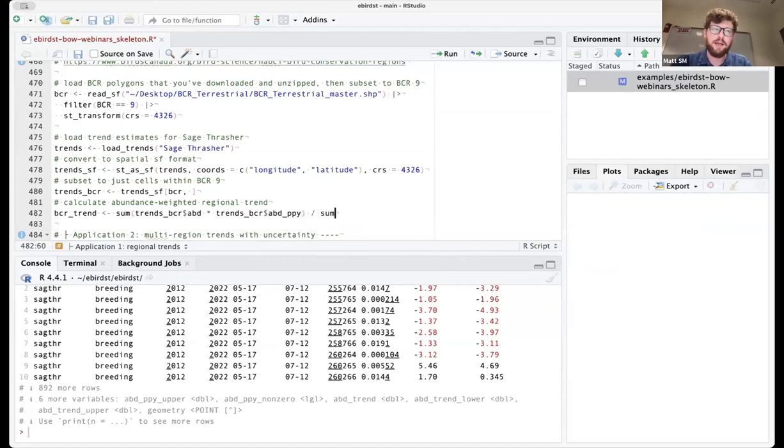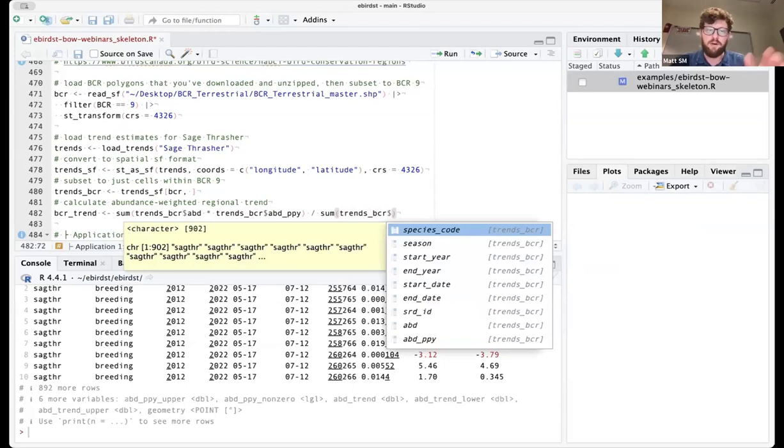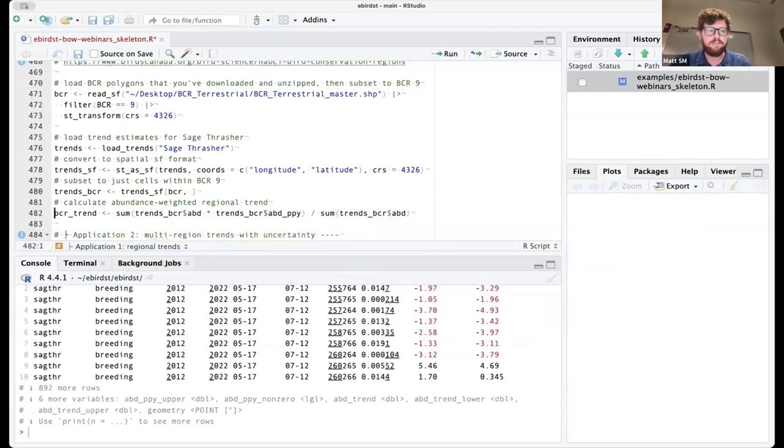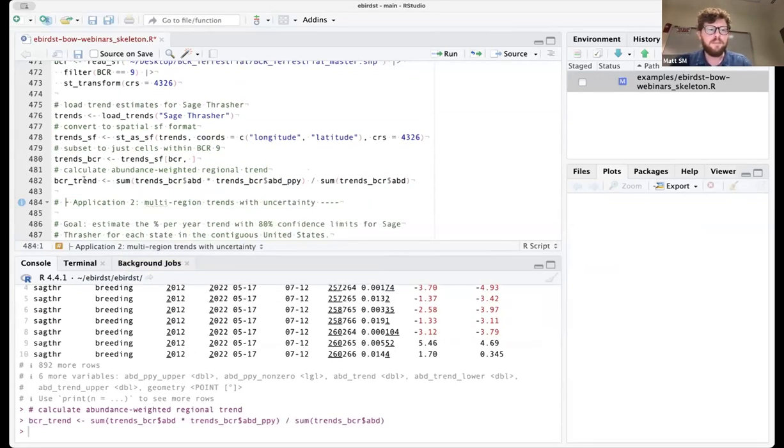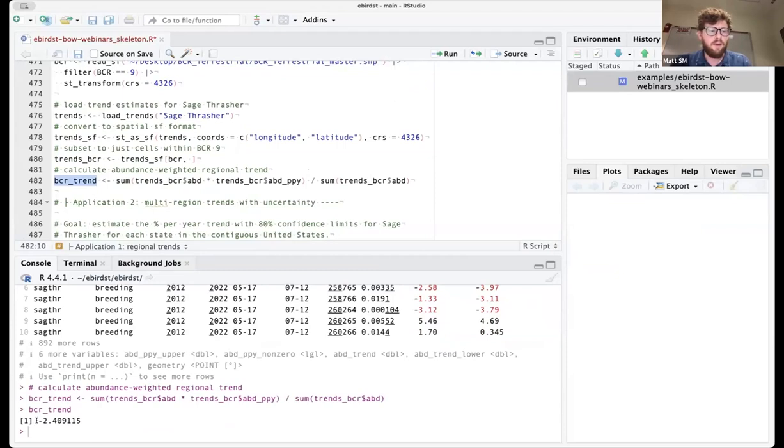Then I divide by the sum of the abundance across all the cells. What this tells us is that there's a minus 2.4% per year trend for Sage Thrasher within BCR 9.